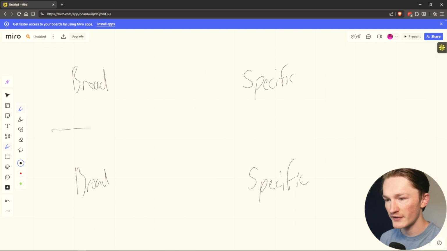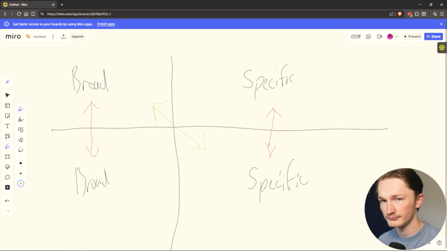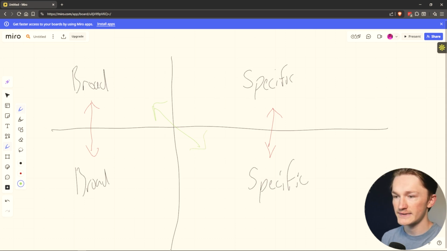So if we're going to divide this into a quadrant, what you want to be focusing on with your offer is focusing diagonally here. What I mean by that is you don't want to do this with your offer and your niche. You want to do this. And the reason that's so important is because, if we zoom out a minute and come over here somewhere else,